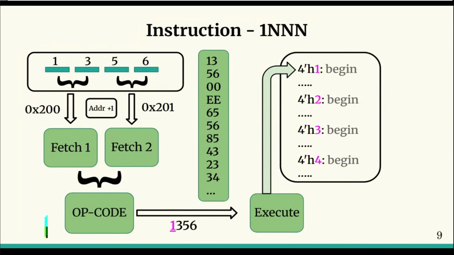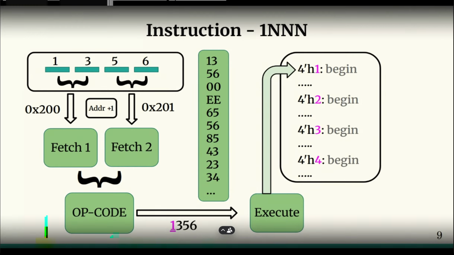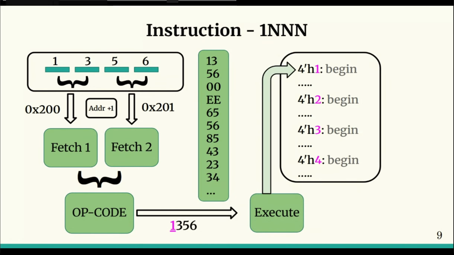So now let's talk about instruction 1NNN. Here the 1NNN instruction is jump. NNN is an address where our program counter will jump. A program counter is an inbuilt register of the CPU which will store the memory address of the instruction in a 12-bit hex value. And for this instruction, we have a small example, 1356, where 356 represents the letters NNN,